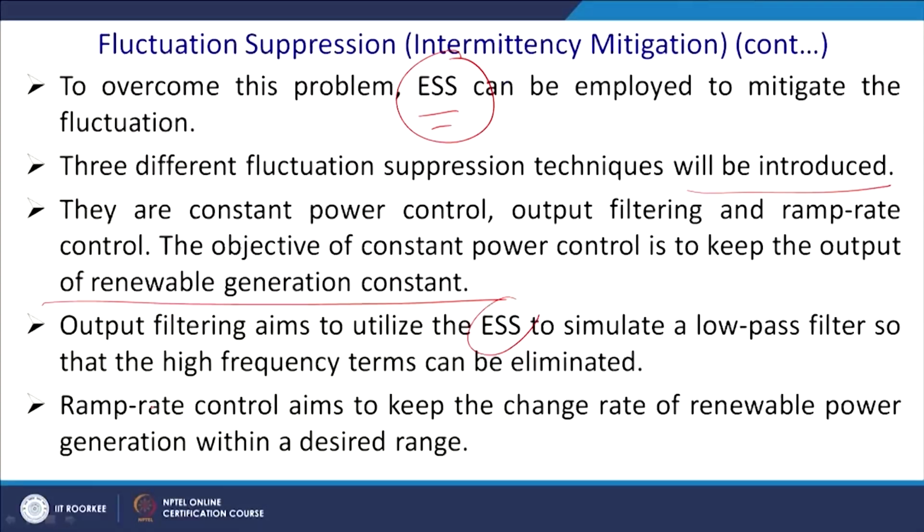And the third one, the ramp rate control, aims to keep the rate of change of renewable power generation within a desirable rate. The generation at 9 am and the generation at 12 noon have a vast difference. So, for this reason we require a ramp rate control, and extra power should go to the